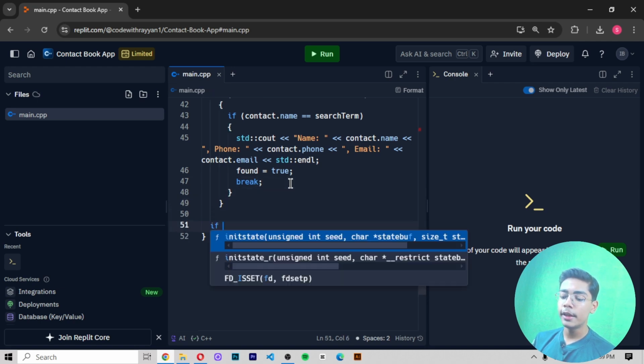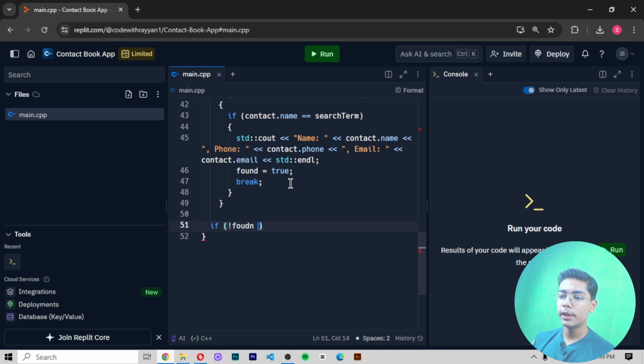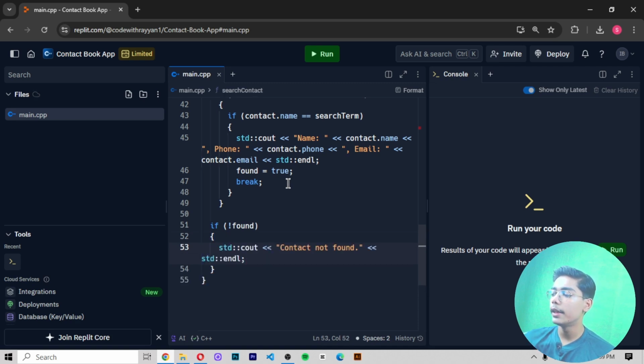So now I'll be writing if found like this, so you can just write here if found. Then here I will be now creating another std cout here. So now the std cout which I will be creating will be as contact not found here like this. Then here I will be just moving down after these two tag, and here I'll be creating a void delete contact,